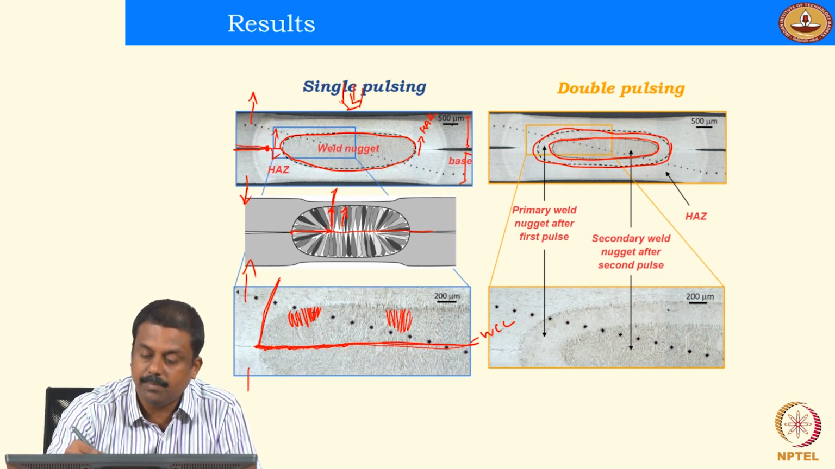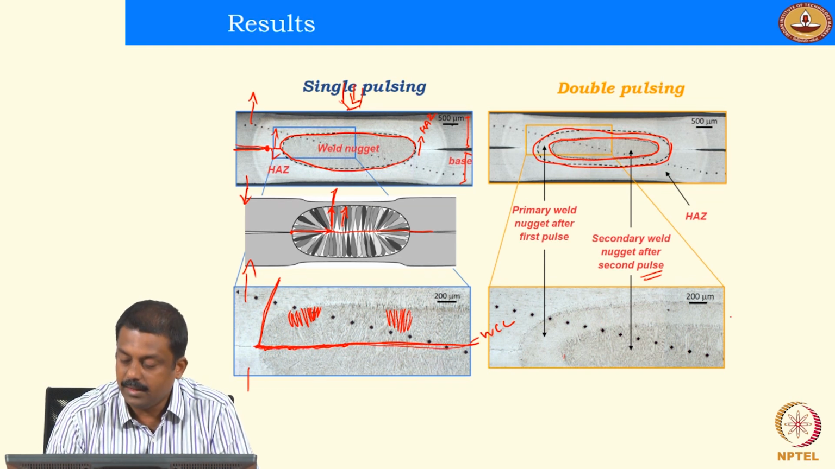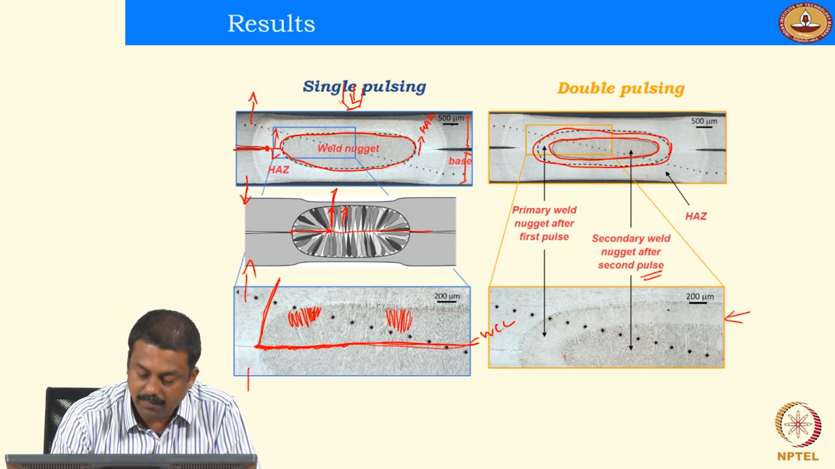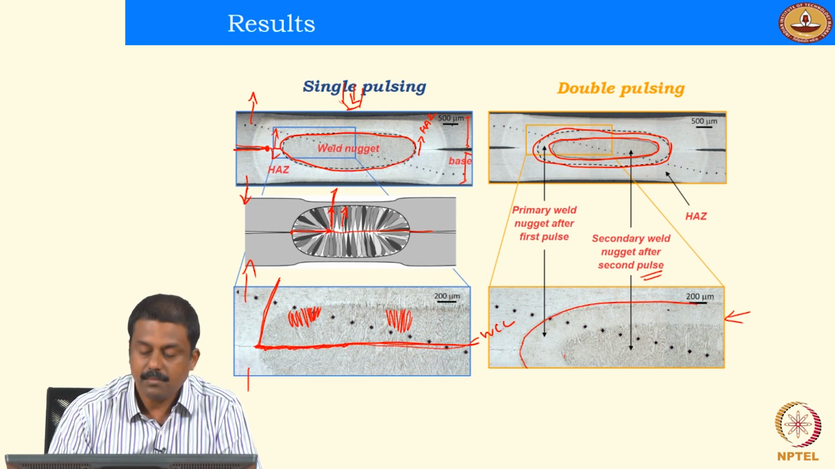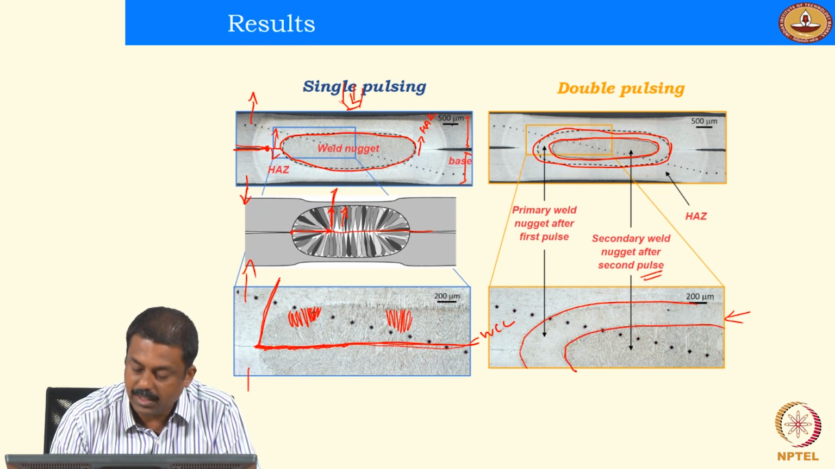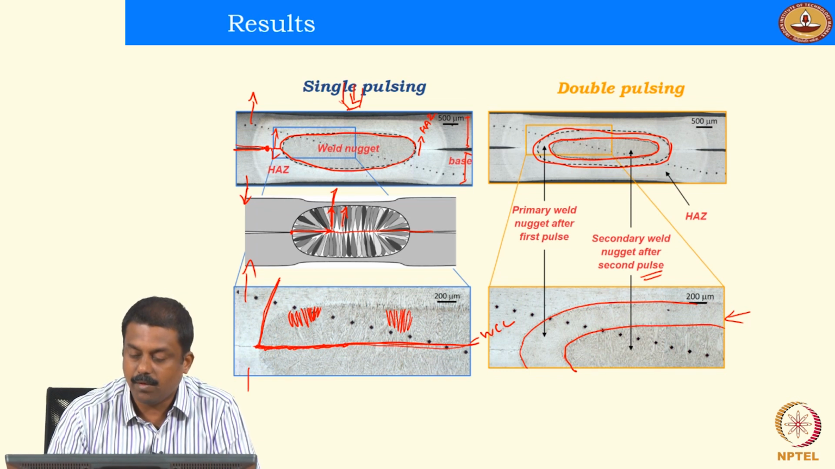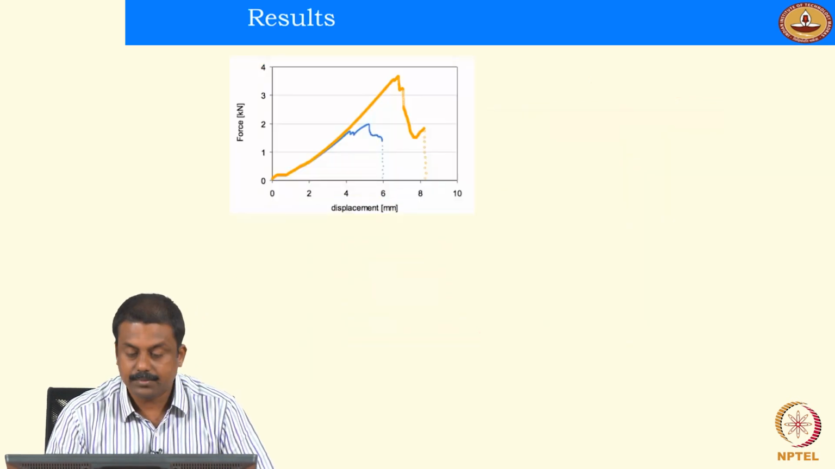So this is the primary weld nugget, and this is the secondary weld nugget which is formed after the second pulsing. This is clearly seen from this image, where you have the primary weld nugget which is formed from the first pulsing, and then after applying a second pulsing, you will have a second melting of the weld center, and then you have a secondary weld nugget that is formed after the second pulsing. And this can be beneficial